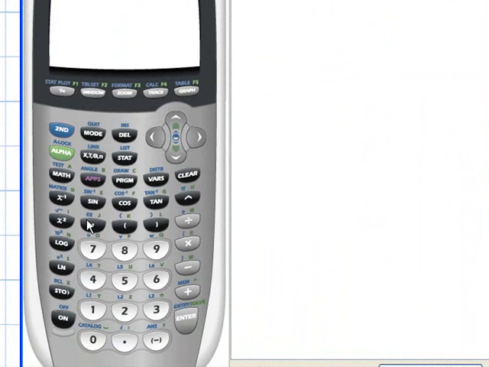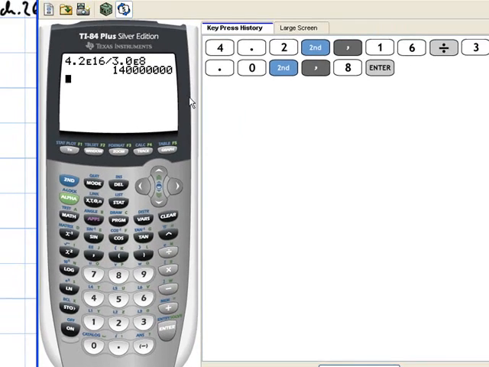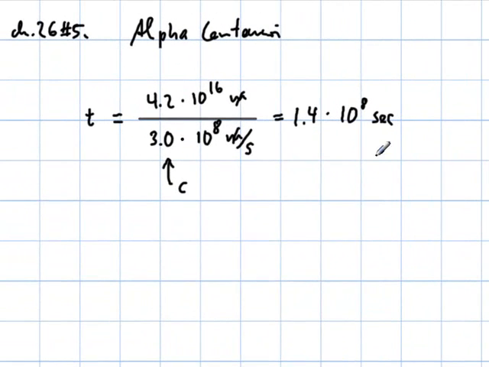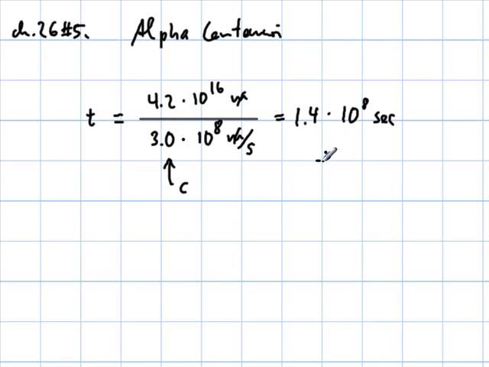4.2, 10 to the 16, divided by 3.0, 10 to the 8th, because I will give you some numbers that you may not be able to do in your head. And here you go, that's the 140 million that I mentioned, so 1.4, 10 to the 8th. Now we probably don't want to express that number in seconds, 140 million seconds, so what we do is we divide by how many seconds we have in a year, and that would be 3,600 seconds